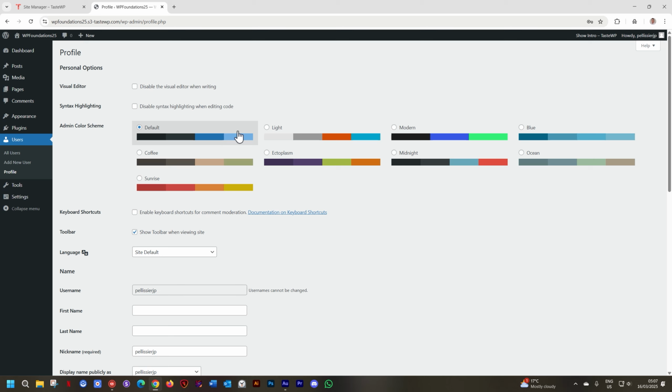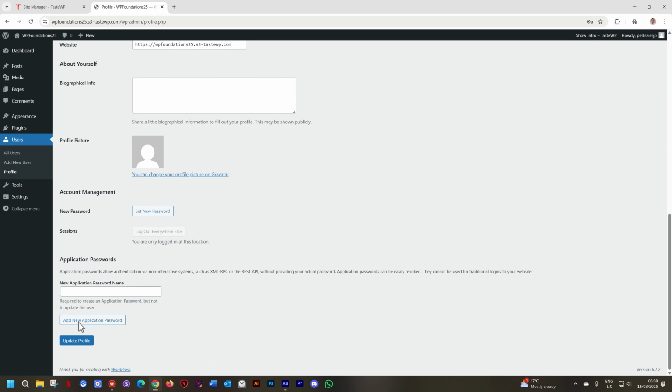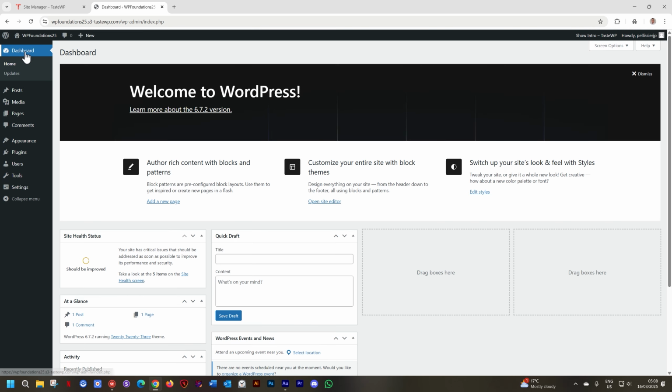Important. Once you select anything here, often overlooked is the fact that you need to save your setting. Scroll down all the way to the bottom and then select Update Profile. Often overlooked is the fact that you need to save these settings. And if you just want WordPress to look again the way it looked at the very beginning, click on Dashboard, and this is the familiar greeting screen that you will get every time that you log into WordPress.